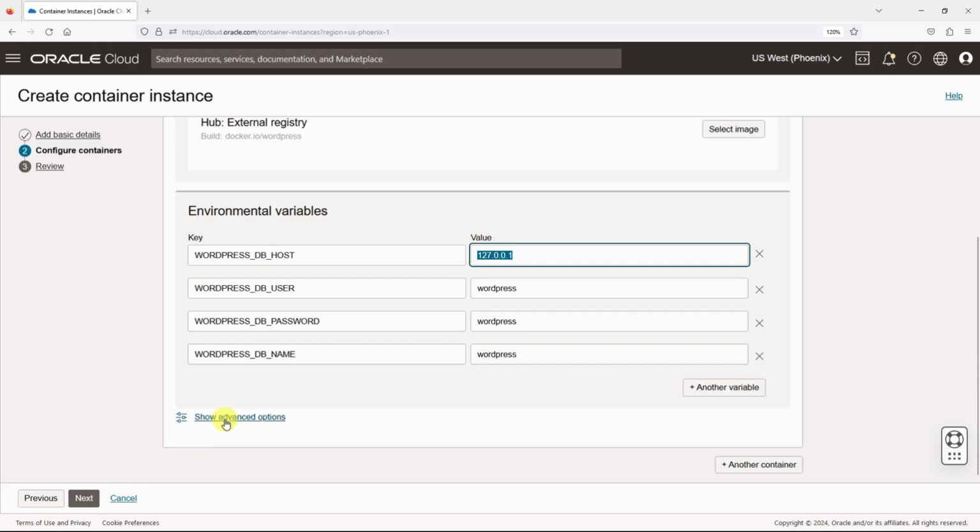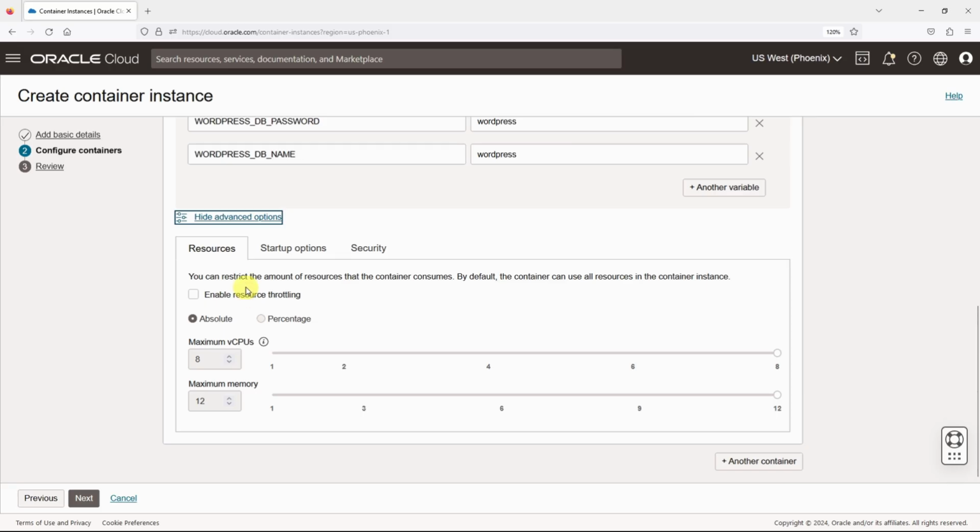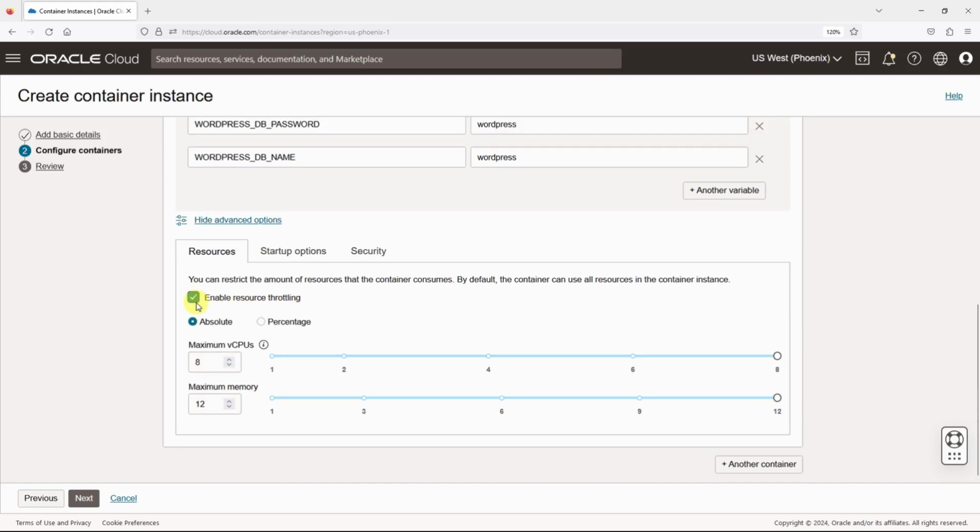Now let's look at some of the advanced options. I'll click on Show Advanced Options. Under the Resources tab, you have an option to restrict the amount of resources that the container consumes. And remember, by default, the container can use all resources in the container instance. So to avoid one container from utilizing too much of these resources and starving other containers in the container instance, we can throttle the resources made available to each container by selecting the Enable Resource Throttling option. I'll select the percentage option and throttle the value of vCPUs and memory to 50% for this container,